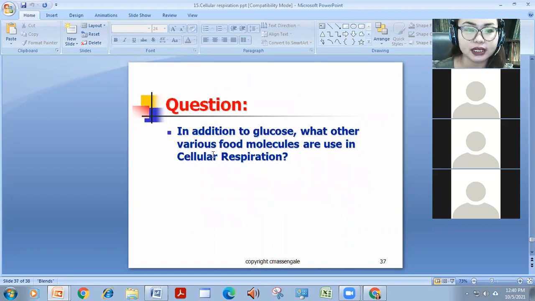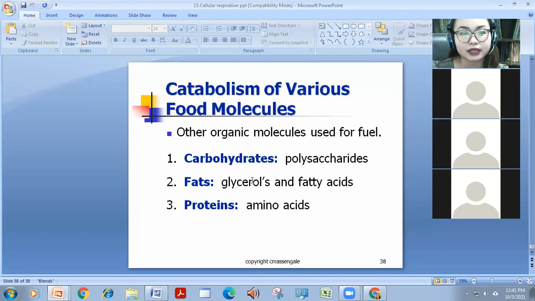So the question is, in addition to glucose, what other various food molecules can be used in cellular respiration? Since we are always talking of glucose as our substrate molecule. Is it possible that they can use other molecules other than glucose? Yes, of course. For the catabolism of various food molecules, we also have other organic molecules we can use as fuel. We have carbohydrates or polysaccharides, the fats or glycerols and fatty acids, and the proteins